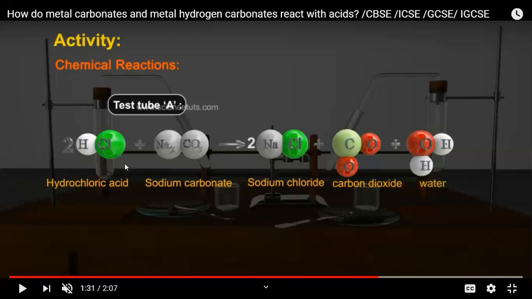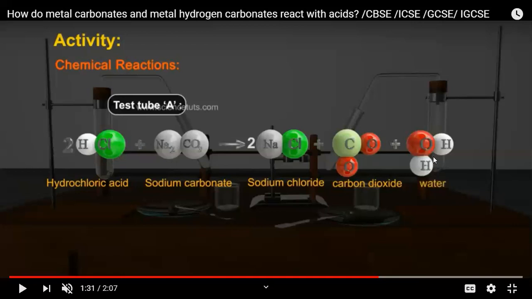So what is left? Na and Cl. Obviously they will form a bond with each other and form the salt. Or else if this method is not clear to you, you can always depend on the reactivity series. Since sodium is more reactive than hydrogen, it will displace hydrogen and form sodium chloride, plus carbon dioxide and